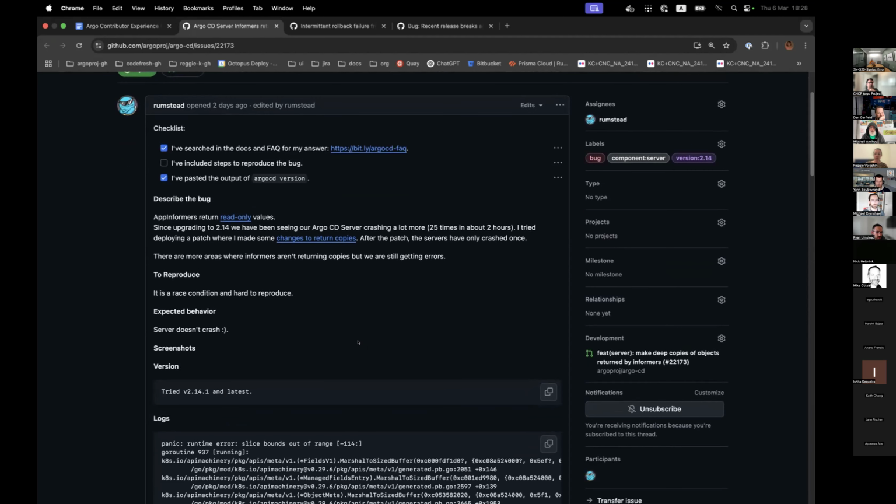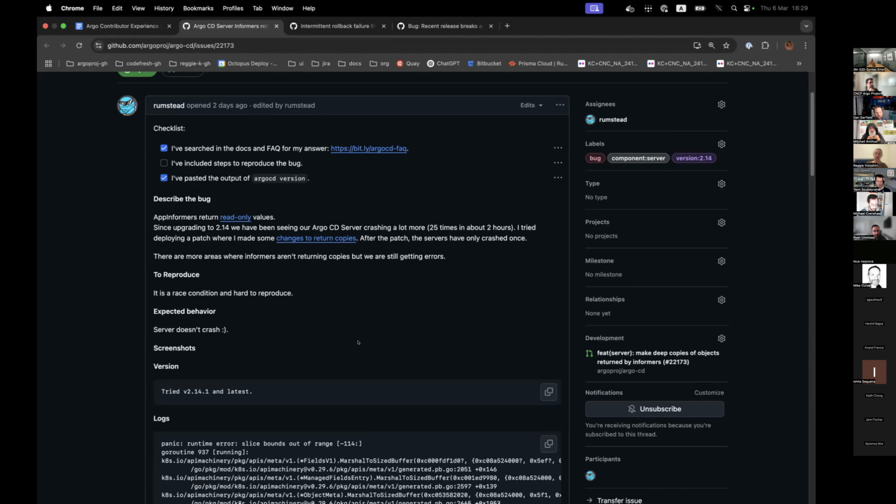Here's what I've observed, and I don't have a lot of data to back it up. There were two things that I think we toggled in 2.14 that probably just exacerbated the existing problems. The biggest one is that for the ApplicationSet controller, you can now configure the Kubernetes client-side throttling, and we bumped those up to much higher values. So I think we are processing way more application sets and applications than we were previously. Our queues are actually hitting zero now, and that is triggering some of the race conditions.